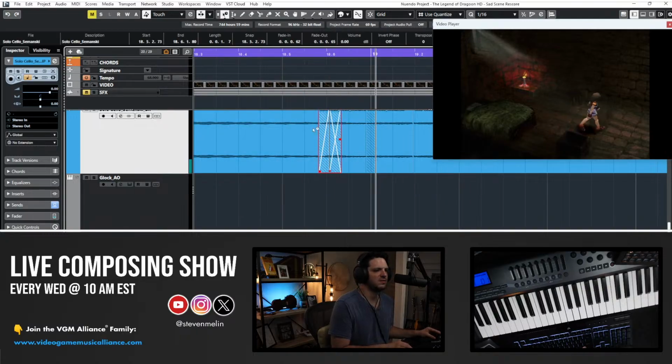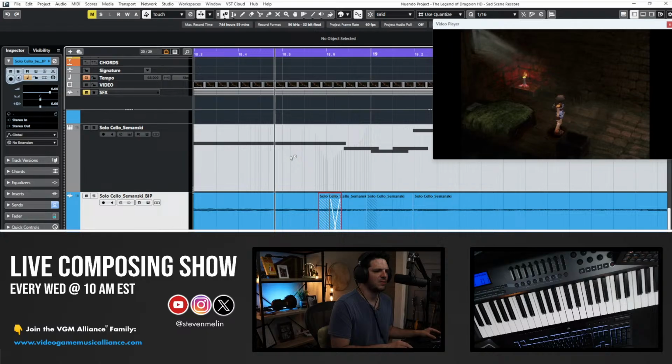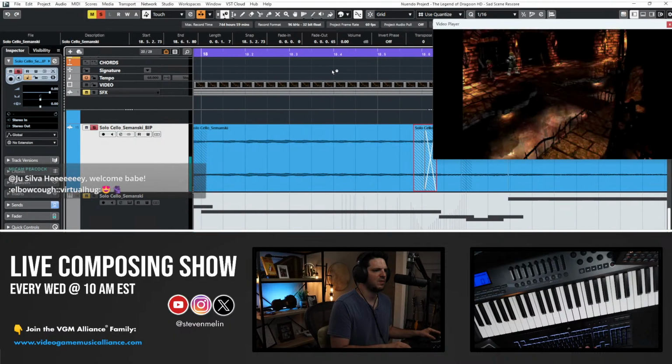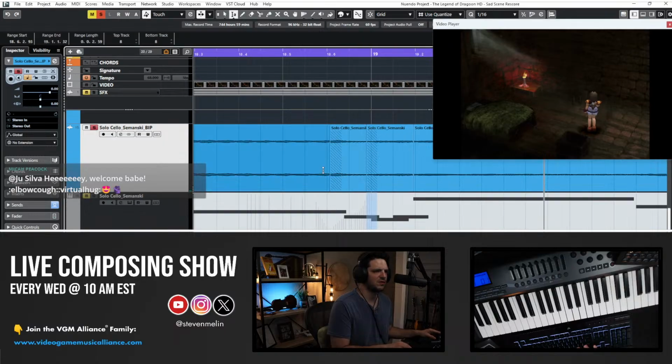Nah, this should not be there. There. I'm so aggravated with this. There. That's why it's messing up, because there's a fade in blocking it.